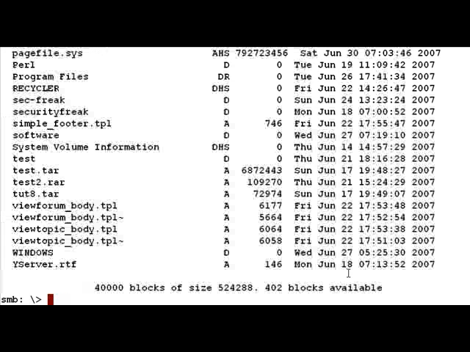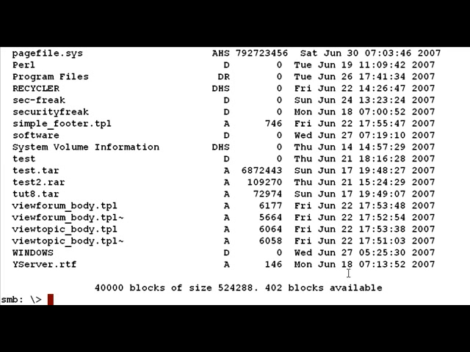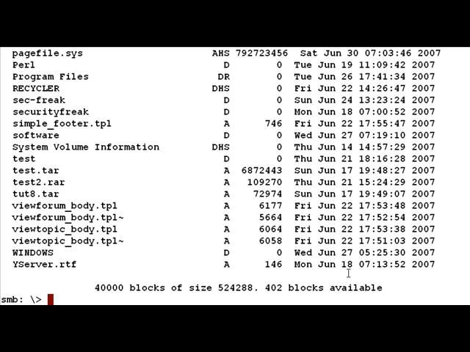So the point really is that once you have access to a share of a particular workgroup and a workstation, you can pretty much go ahead and download, upload files and so on and so forth. So the analogy is basically the one in which you have your Windows computer and you try to access a share, and then you click on these folders one after the other in succession and go ahead and get the data you want. So that is exactly what we are doing, but now in text mode. So now let's quickly go ahead and have a look at what more we can do.